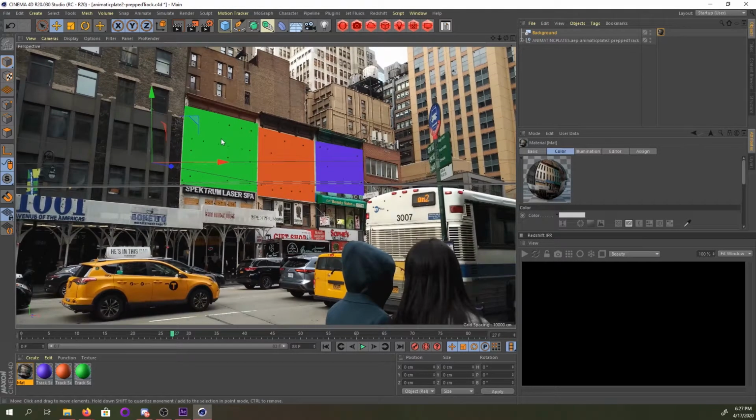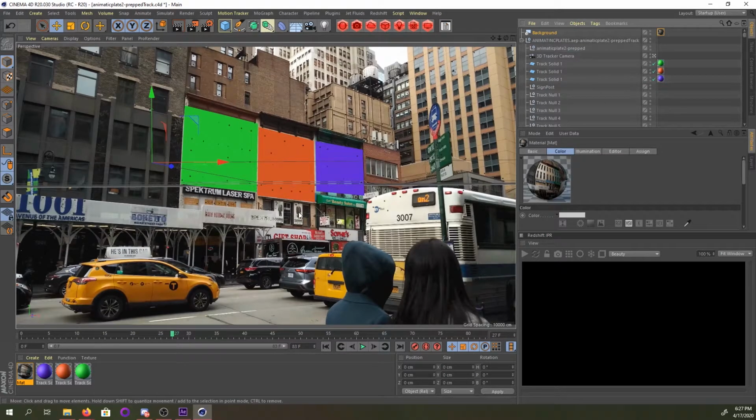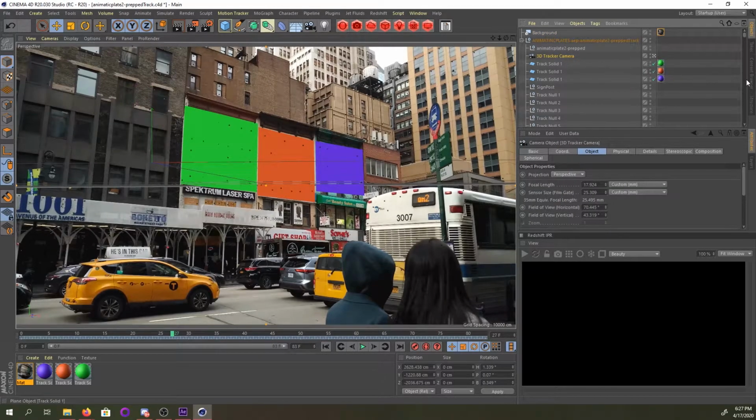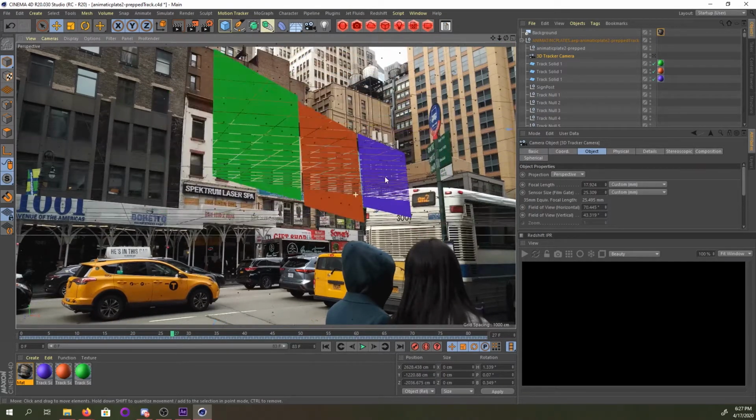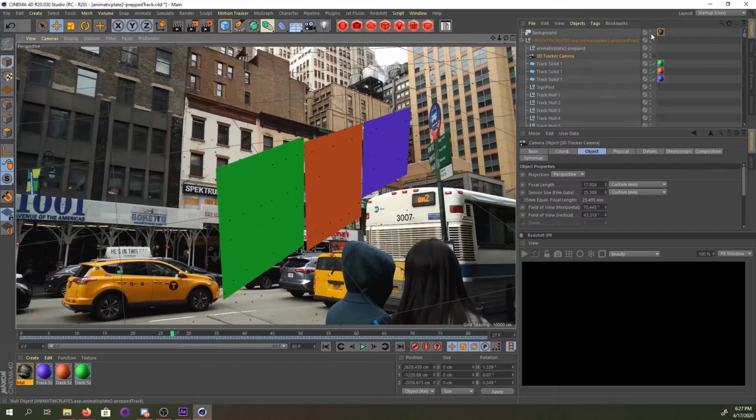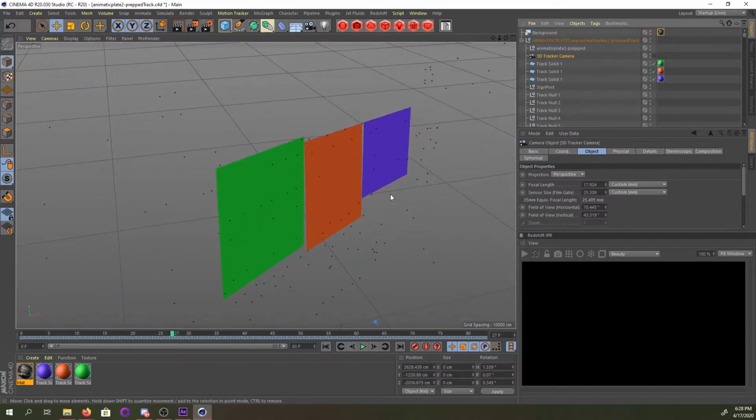Another helpful trick, if you want a better idea of your space, or if you want to edit things more freely and don't want to mess with the camera that After Effects exported, you can unhook from the camera. Now the problem is that the background stays. So to work around this, you can hide the background